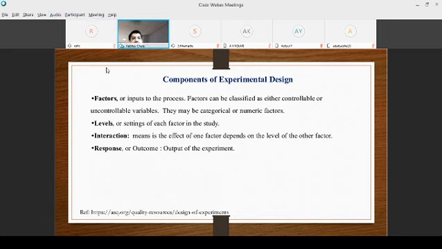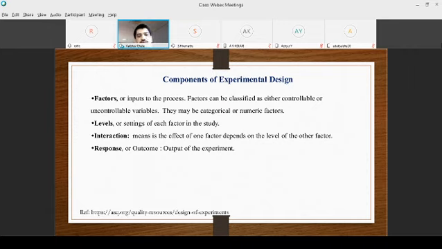One is factors, which we call inputs, that is whatever input we are going to have. If we would like to go for preparation of tea, which are the factors that are going to affect the taste of the tea? We need to first make a list. It might be milk, it might be the quality of the water, the quality of the tea powder, or the sugar. These factors can be varied either at the quality level or the quantity level. Let me take the example of tea powder.